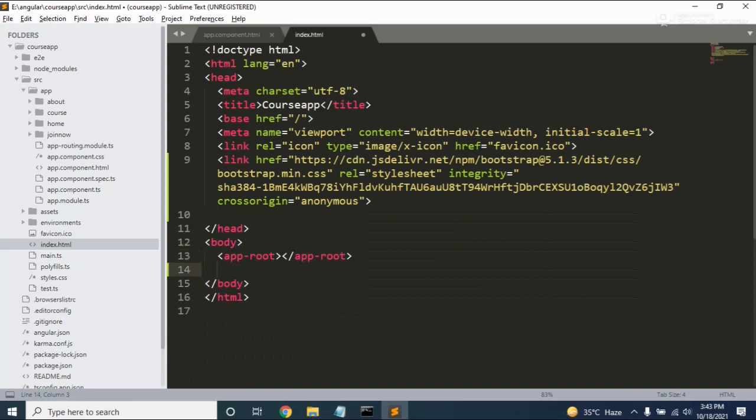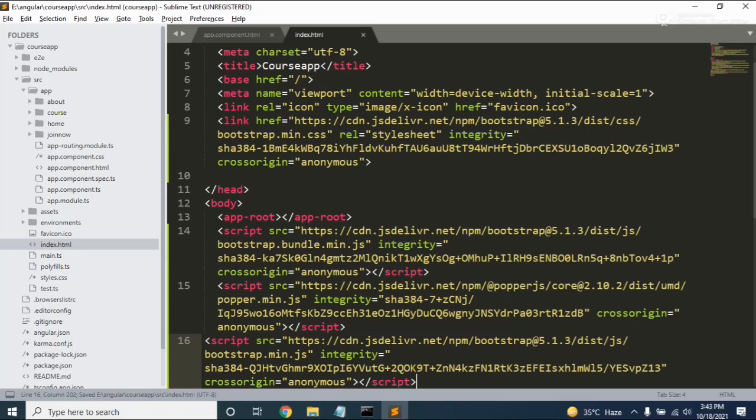Here we have the app root, and now I'm adding this like this, right? So here we have the bootstrap bundle.js, and the second one is bootstrap 5.1.3 bootstrap.min.js, right? So here we have bootstrap.min.js.